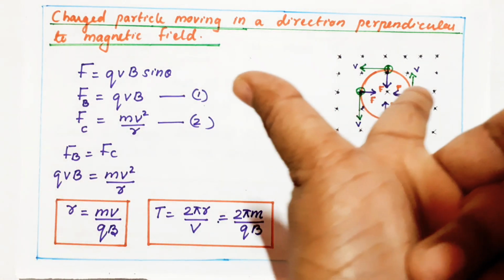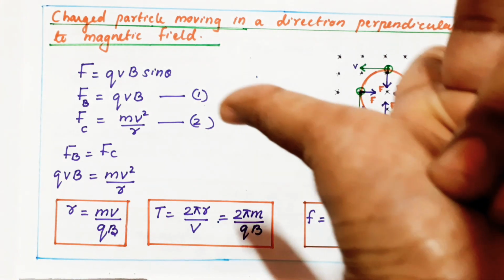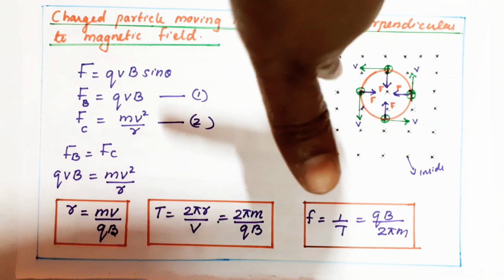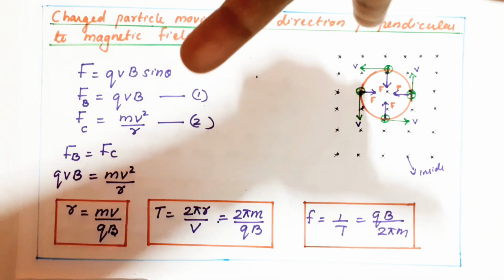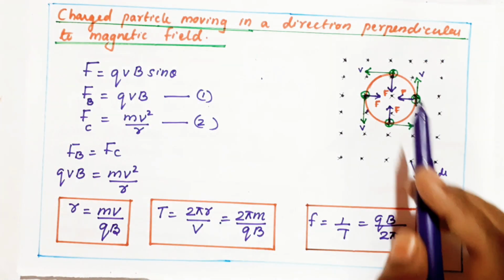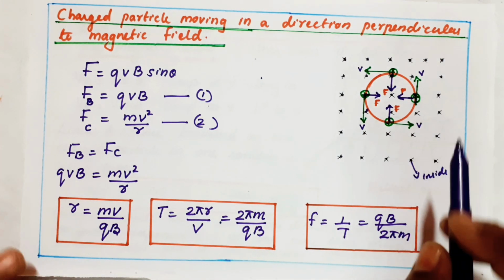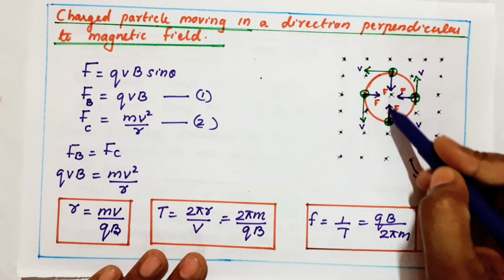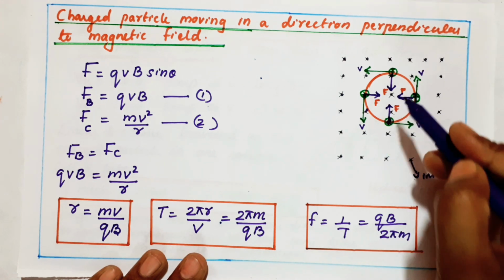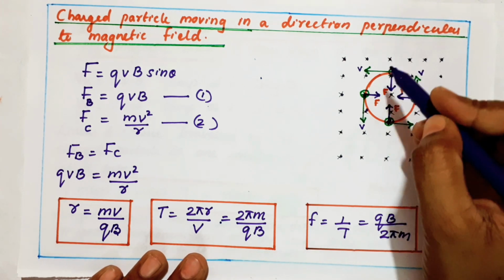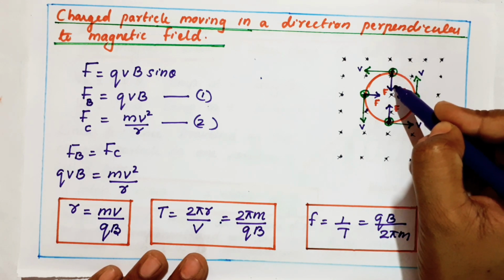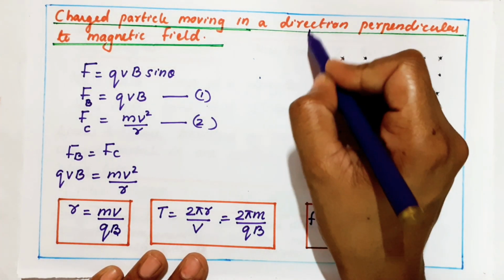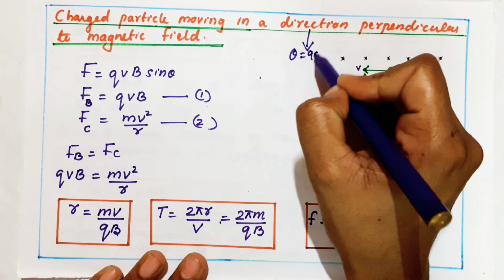If you put the same thing for this case also, you see the velocity like this, my thumb is pointing in this direction. If you keep that for this case also, we get the same thing. So according to Fleming's left hand rule, if the velocity is like this and the magnetic field is going inside, the force is pointing towards the center. At this place also it is going towards the center. At this point also, the force will go towards the center. Now they told the direction is perpendicular, so theta is 90.